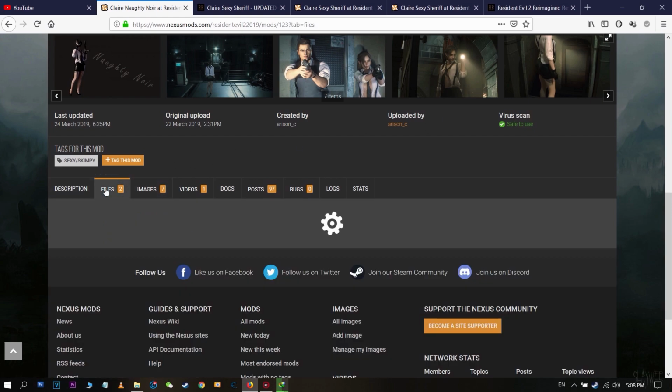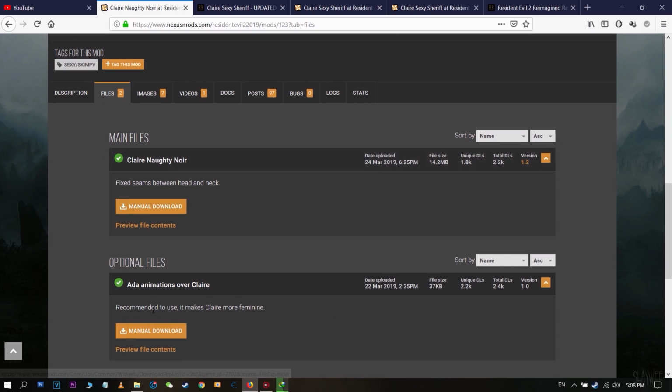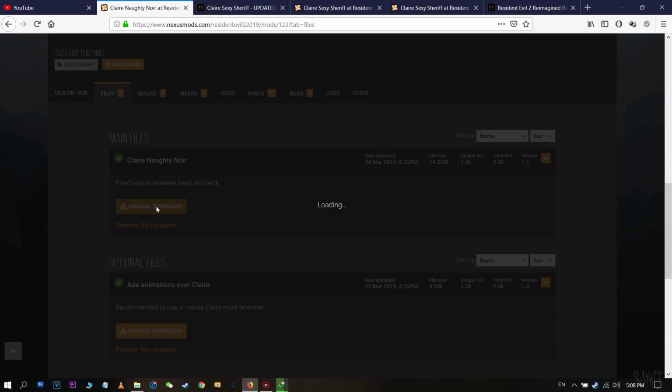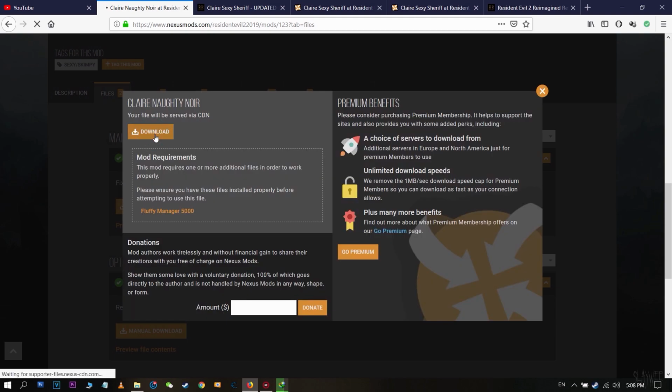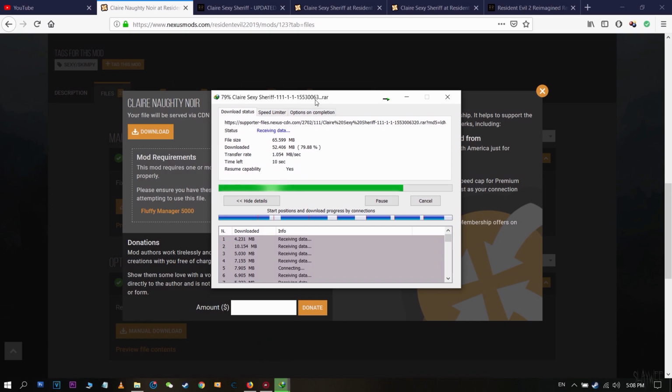Same steps, go to files, and here we have two files. So we're just going to go with the first one. I'm going to download this one as well. I'm sorry, I have a very bad internet right now. So we are going to download this one. So I hope my first file is downloaded, or it's about to download. So once it's complete, we'll proceed to the next step,